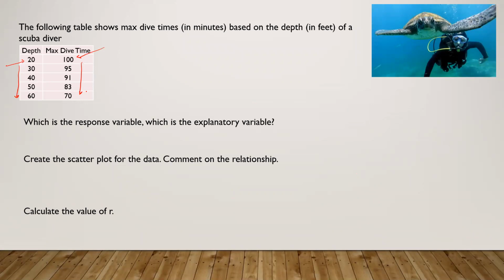So first thing it says is which is the response variable? Which is the x and which is the explanatory? Which is the y variable. So based on this example, which variable do you think,